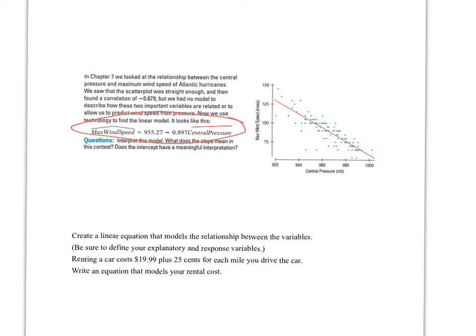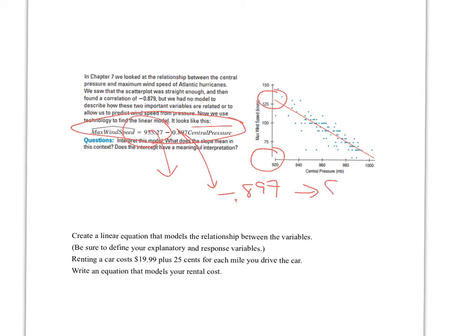Okay, so in this case, our y-intercept is 955, so it should make sense most of the time. In this case, it's really high up. The y-intercept is always where your x value is 0, but your y value is whatever that number is. So in this case, it would be 955 knots for a speed of wind, which is crazy. So it doesn't really make sense in this scenario. Normally it would. The slope will actually make sense, because if you think about that as a number, negative 0.897,